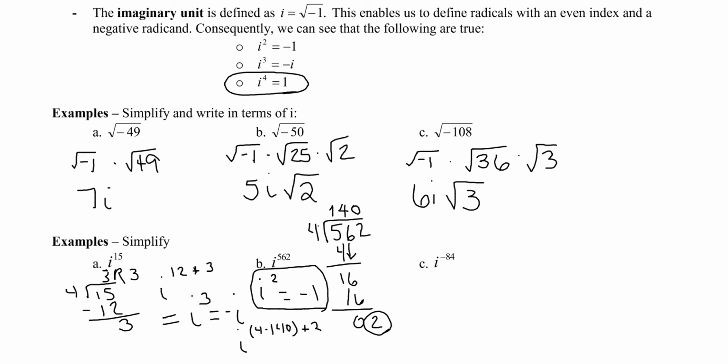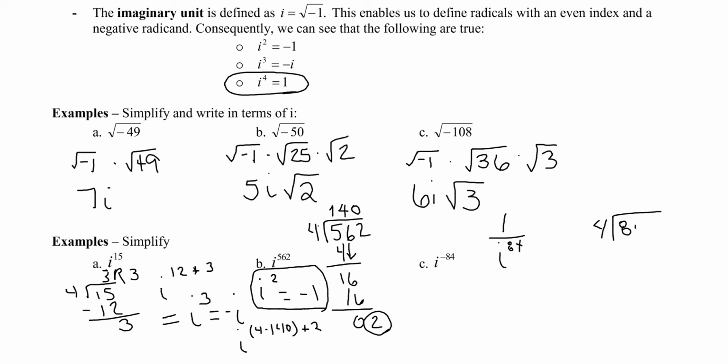For C, the first thing we want to get rid of is that negative exponent. So we're just going to do what we always do to remove negative exponents and take the reciprocal. So I'll have 1 over i to the 84th power. And now I'm going to divide 4